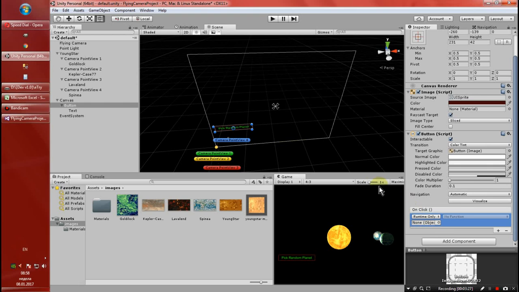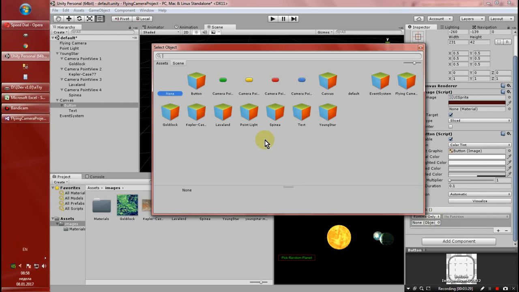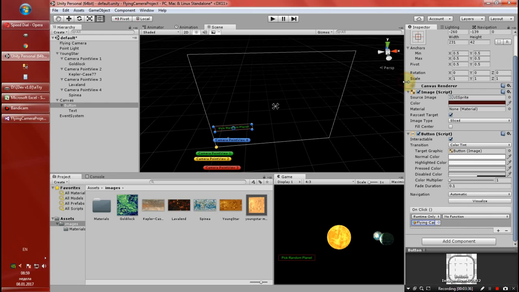So what we wanna add here is the flying camera, this one, or you can drag and drop and put it here. But we still don't have our script, the main script of the project, so we'll just for the moment leave it as is,